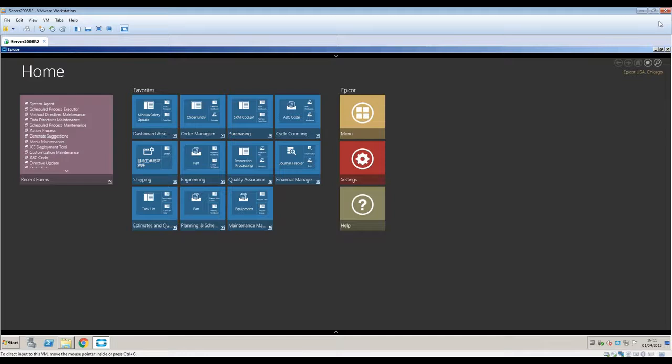Okay, welcome to the demonstration of the ROI Scheduled Process Executor. It's essentially a tool that allows you to run server logic on a schedule defined by the system agent. So you may, for instance, want to